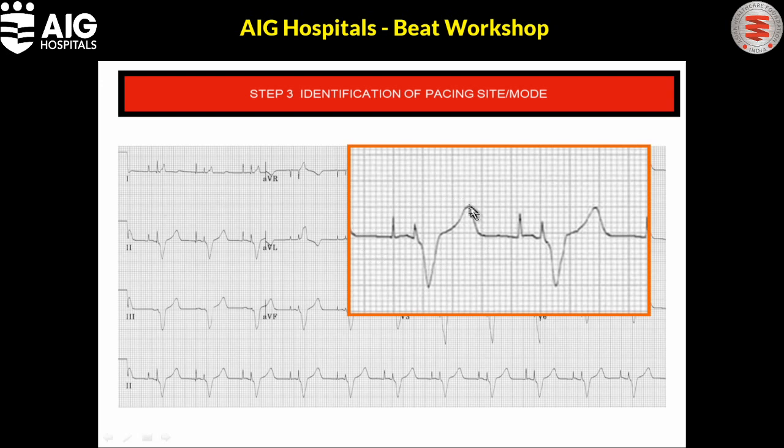So what do we see in this ECG? As you see, a broad QRS complex, and you see two spikes. There is a first spike. After the first spike, what you see is a P wave, and after the P wave, the pacemaker has decided to give another spike. So what has happened here? Since there is no formation of the P wave on its own, the pacemaker has given a spike, and this spike has captured the atrium and formed a P wave, and it has set what is called